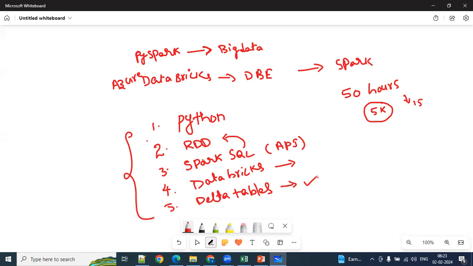For PySpark, guys, it's better to have an idea of Python. At least a basic idea. I'm not expecting a pro from you guys. At least a basic idea is enough. Anyway, I'm going to cover that one this week. But still, if you want to explore more, please explore it. Because I cannot cover the entire Python here, right? If I start teaching that again, it will take months to complete this course.